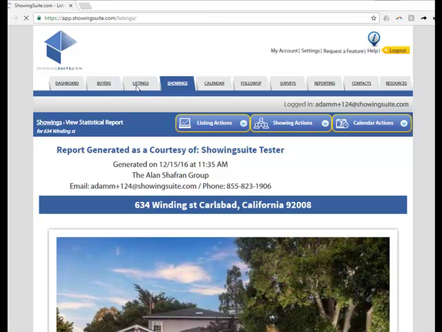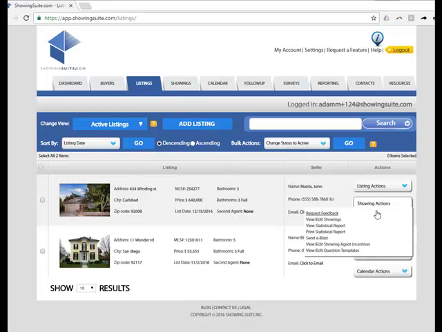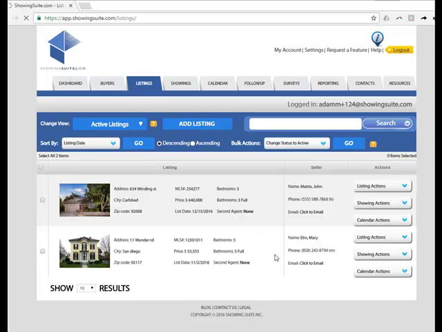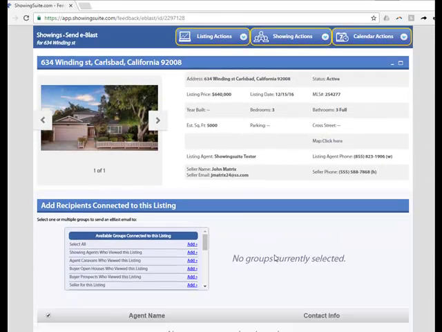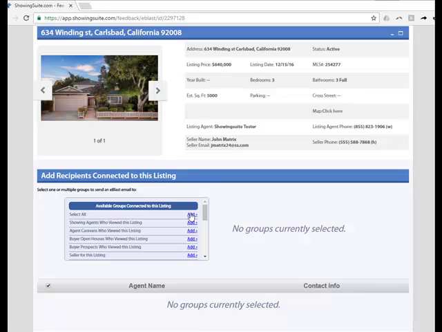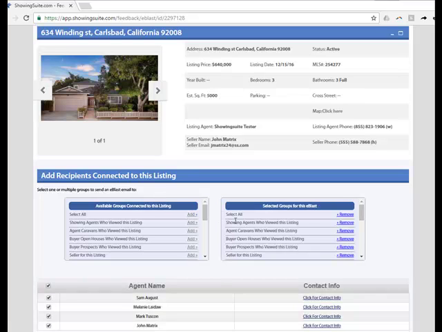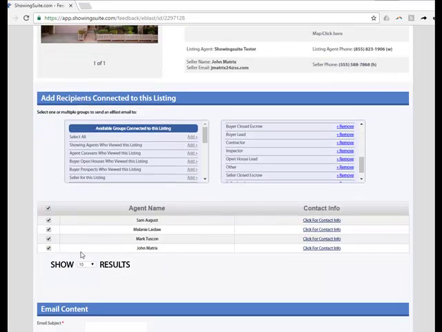Okay, back up to the listings tab. So we have an e-blast option. Again, this is available for MLS Plus. This will allow us to reach out to anyone who has shown one of your listings in the past, and we have some predefined templates that you can send out that allow you to inform them of a price reduction. So this will allow us to add anyone who has shown the listing in the past,